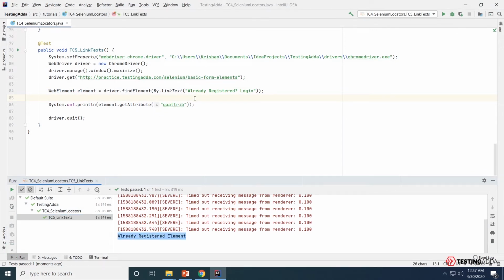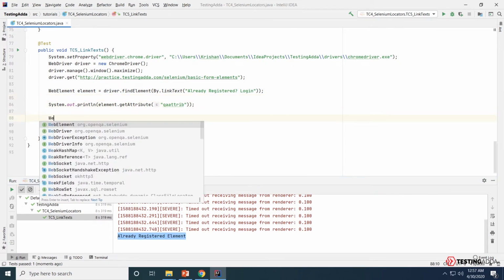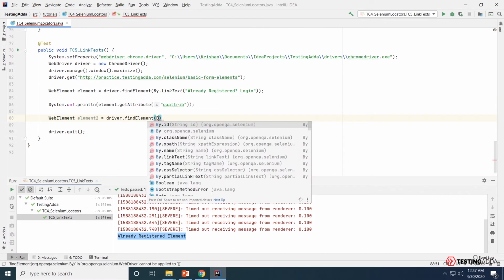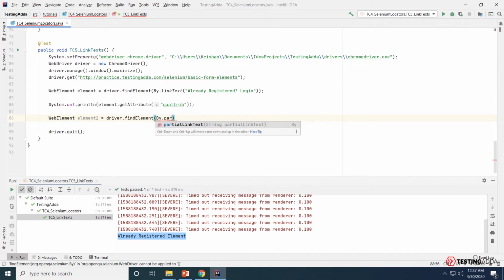Now let's try using the partial linked text. In order to do it, I locate the element again using a web element2 is equals to driver dot find element by, it would be partial linked text this time, and instead of putting the complete string, we'll just put login.